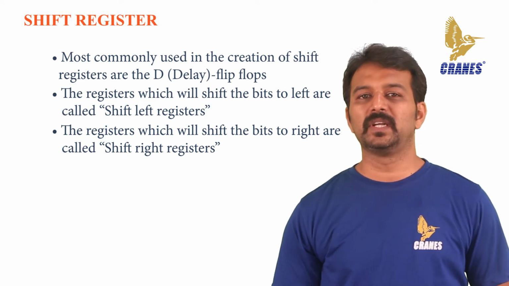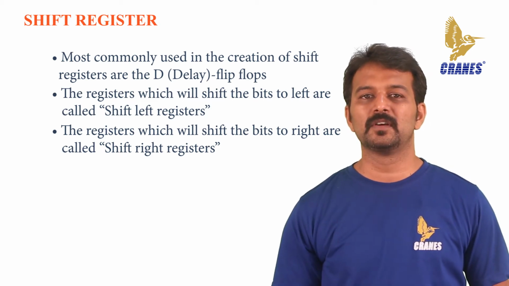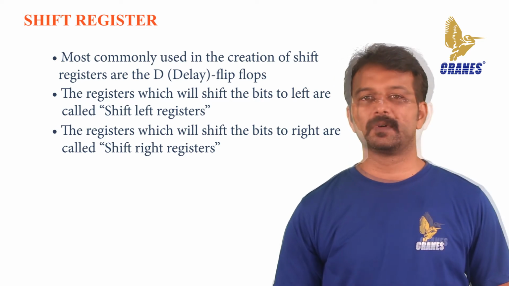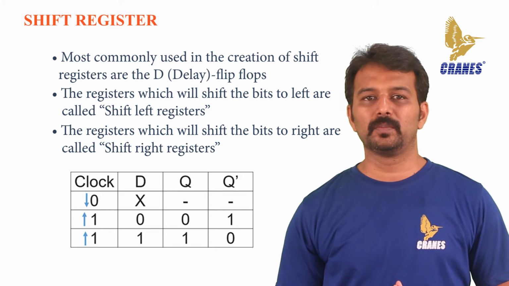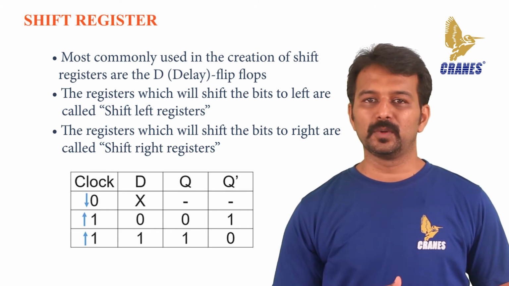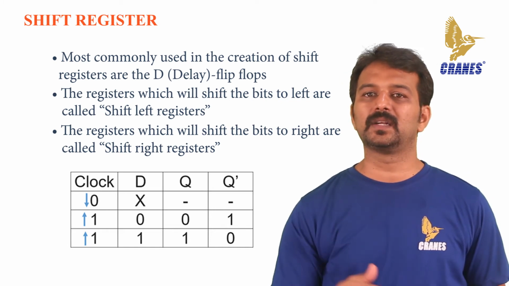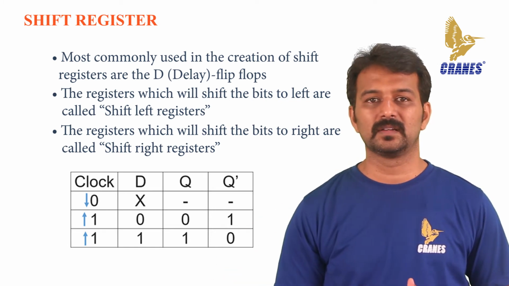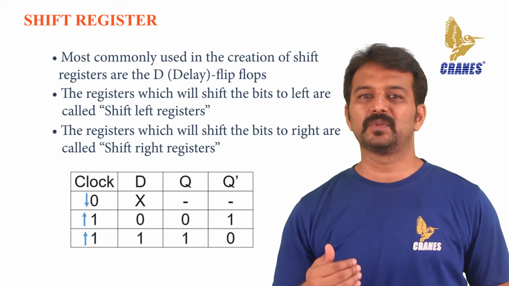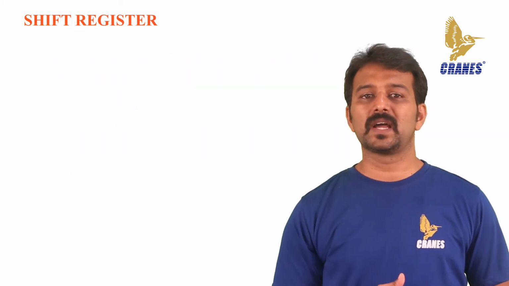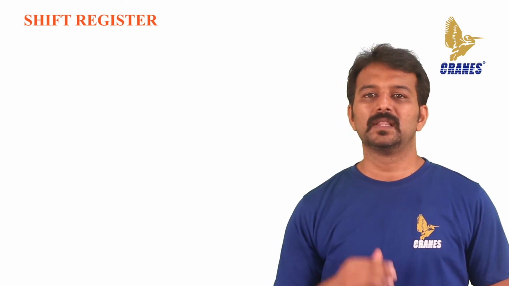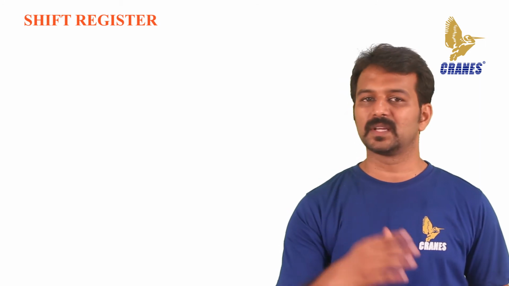Whenever there is a change on the clock of a D flip-flop, the data at the output Q becomes the same as the one at the input. The output Q will stay at that value until the next clock cycle. Shift register ICs are generally provided with a clear or reset connection so that they can be set or reset as required.